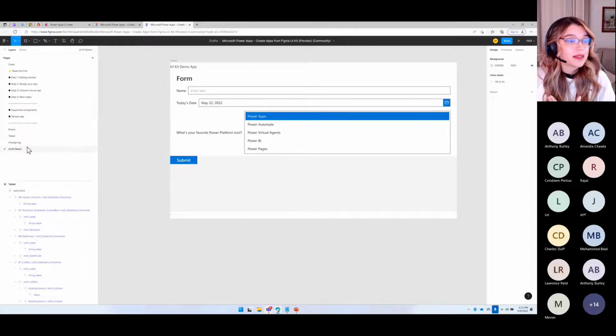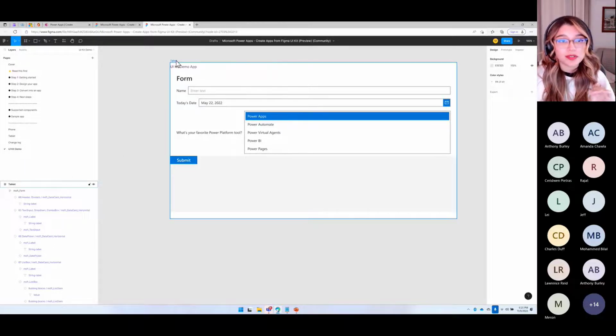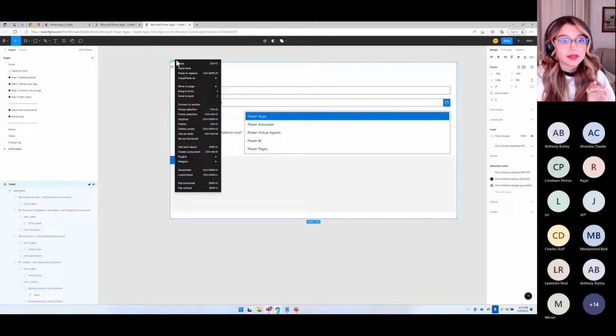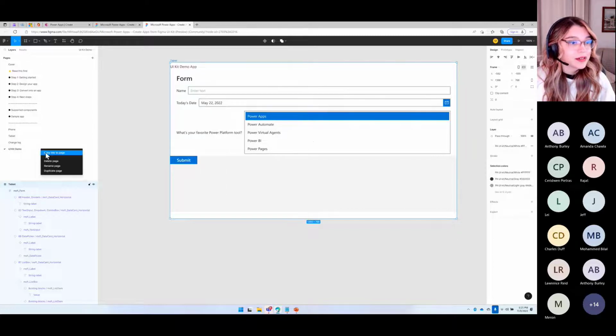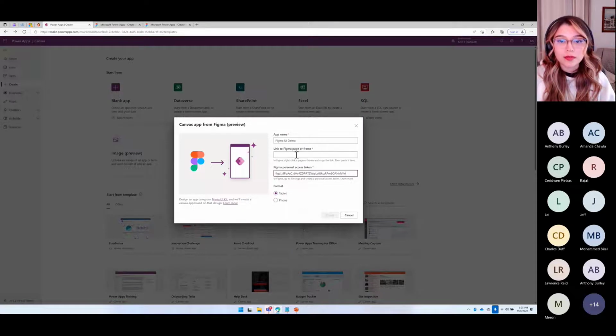If I want to copy everything, multiple screens, I would right click on this page and hit copy link to page. If I wanted to copy just this one screen into an app, I would right click this, and it's a little bit hidden. You do copy and paste as, and then copy link. I typically just go right here. So I'll hit copy link, bring that over to Power Apps, paste that in,